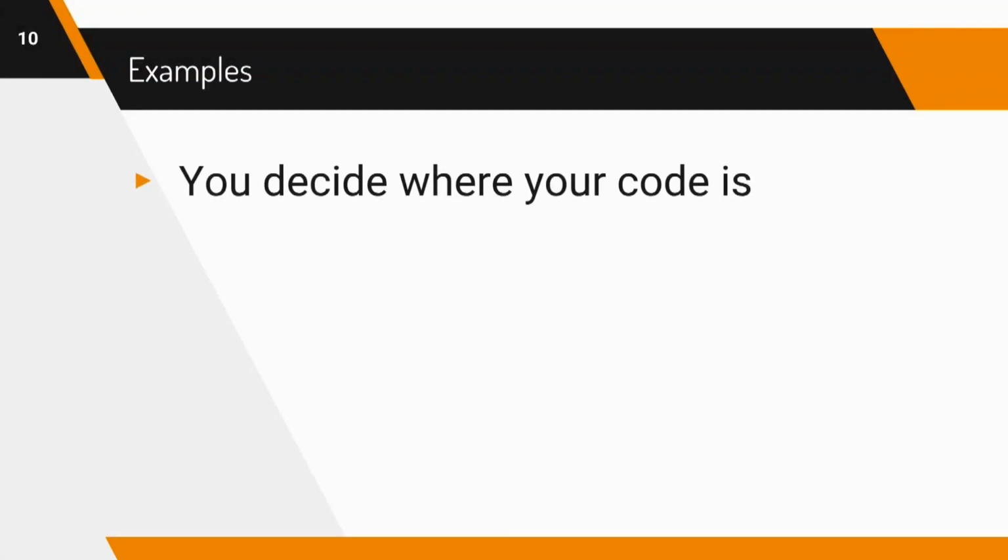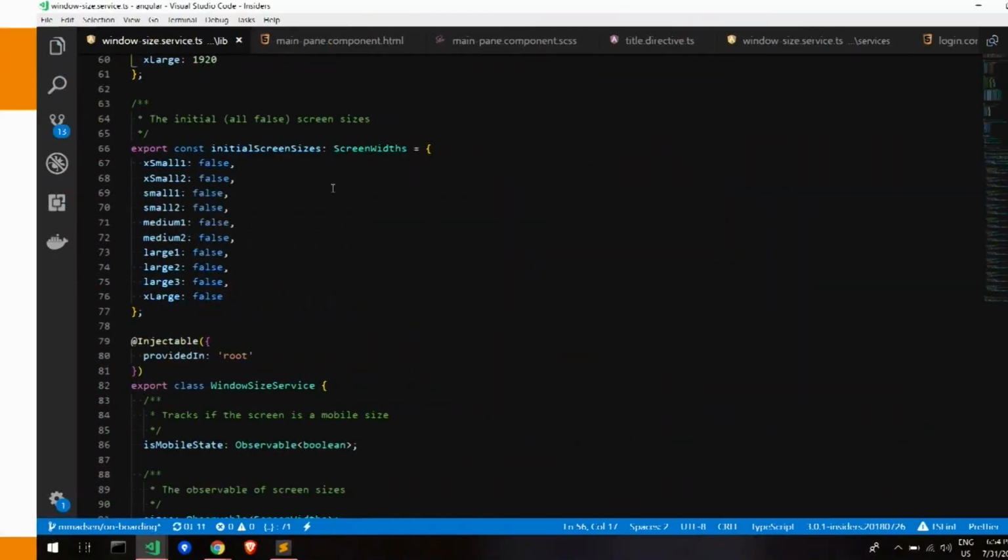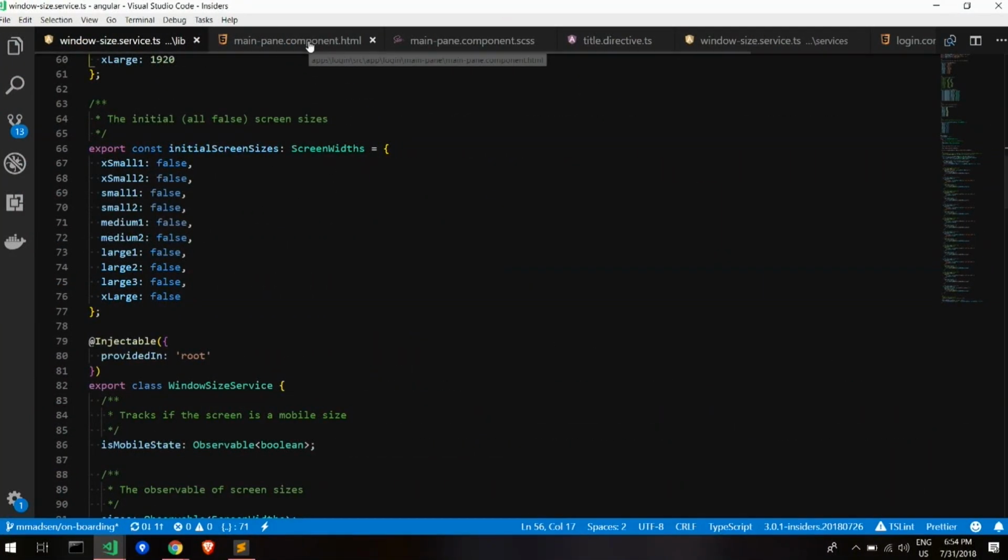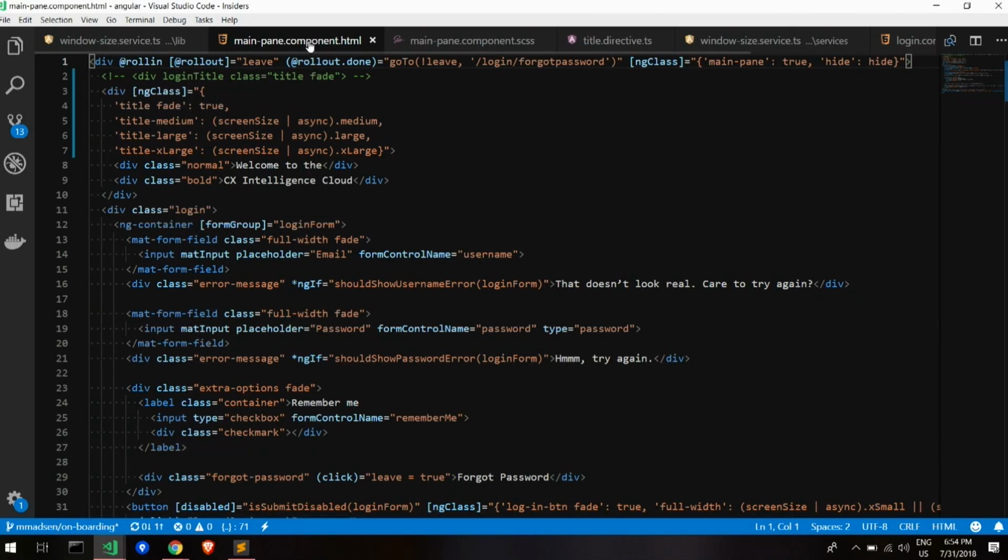So first up on the examples, this is going to be the same list as we saw before. You get to decide where your code is. So again, old paradigm, you have a media query and then the class for your title, and another media query in that class again, another media query, that class again. Now what we can do, if we look at this file,